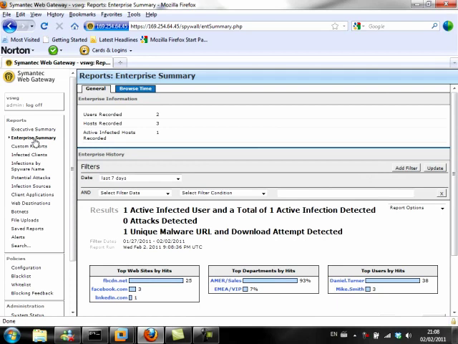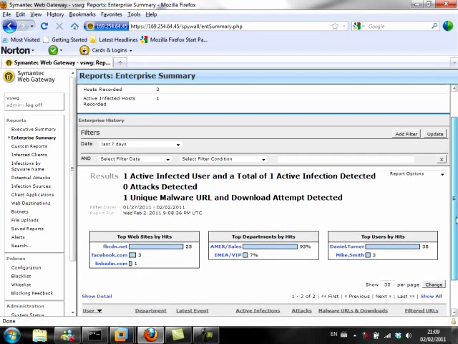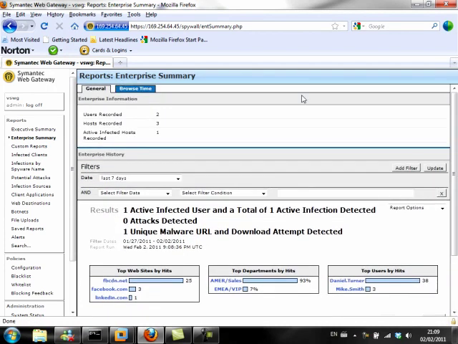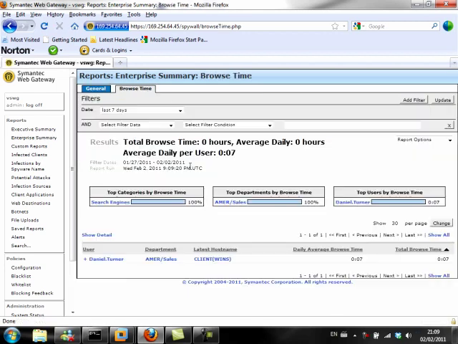this gives me a bit of an overview of the top websites users in the environment are hitting. You can see Facebook is the top site, and then we can also see people trying to access LinkedIn. In terms of the departments, you can see the American sales department has been doing the most browsing, and then the EMEA VIP group behind that. And then in terms of users, Daniel Turner is my biggest user who's been browsing, and then Mike Smith below him. If I come to the browse time reports, this would show the top users by time